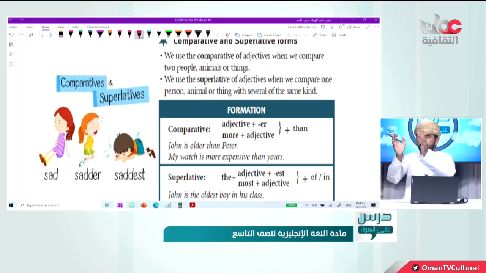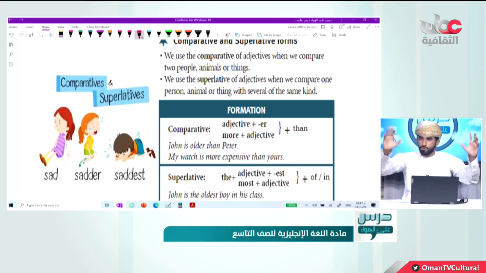You've got two people, one and two. For example, Mr. Abdullah and Mr. Ismail, right? And you want to compare these two teachers in terms of, let's say, size, or height, or appearance, the way they look. So you compare these two gentlemen in terms of those things. You compare two things. Can we compare one thing? No, we cannot. You have to have two things. Am I right, students? Yes. So put in front of you two things.